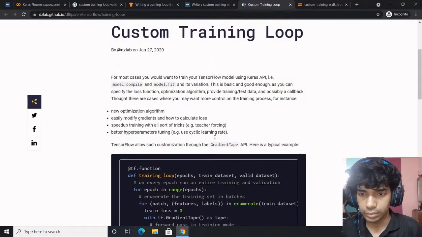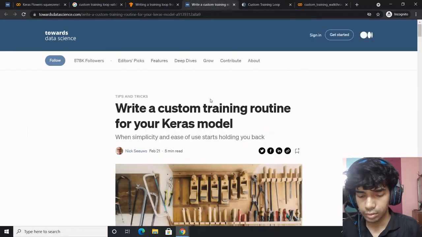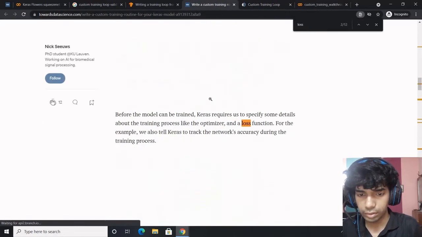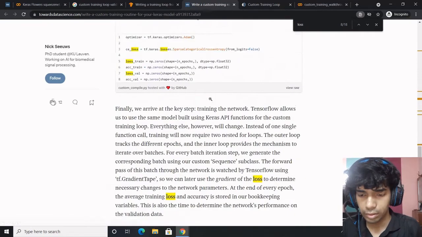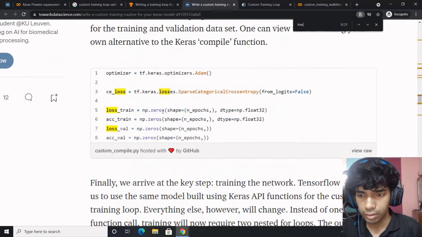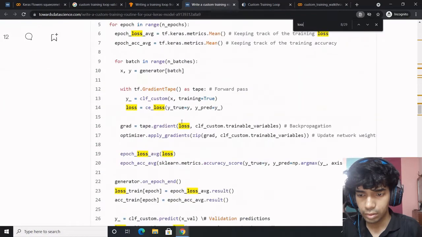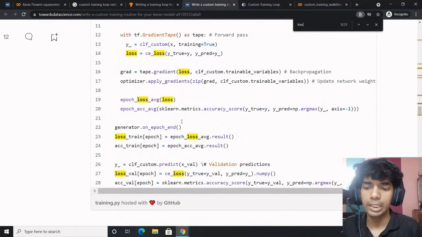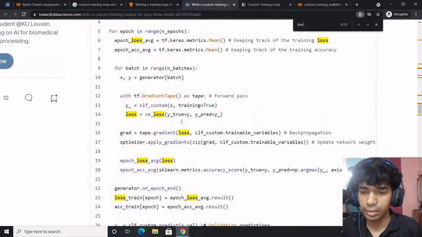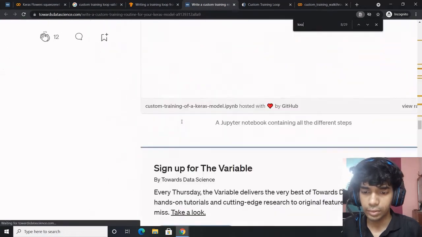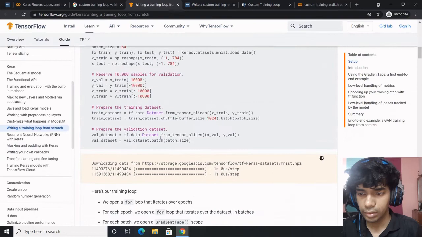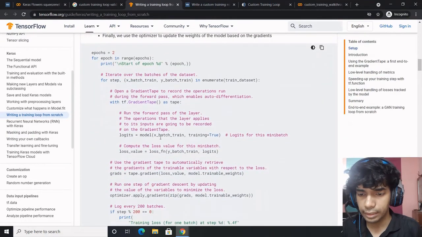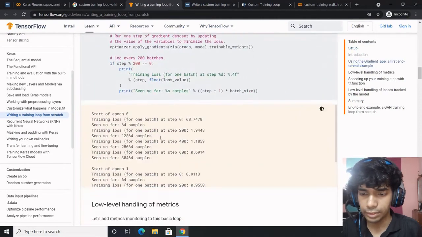I don't know why it is so. Loss, loss, loss. For the validation part, we saw different things. But why didn't I get the validation loss? I want to have validation loss as well.